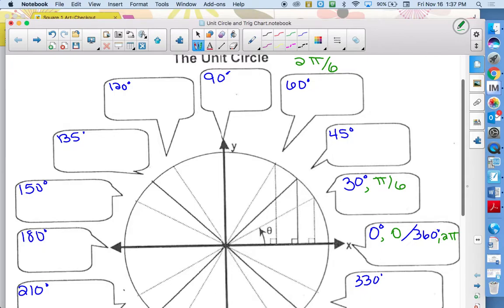But what is 2 pi over 6 reduced? Chelsea? Pi over 3. So a 60-degree angle is 2 pi over 6 or pi over 3. And I'm just getting that by counting with pi over 6. So pi over 6, 2 pi over 6. So 90 degrees would be 3 pi over 6 or